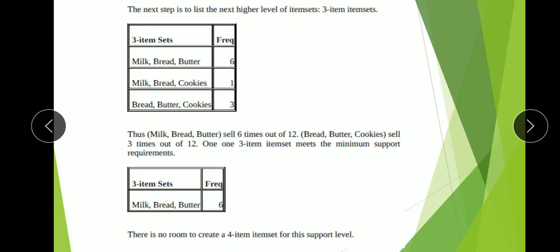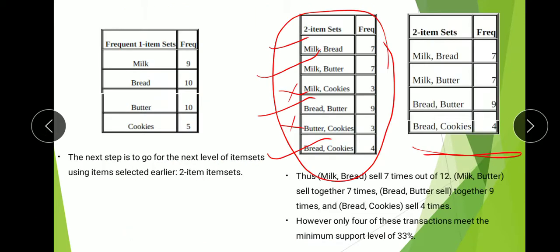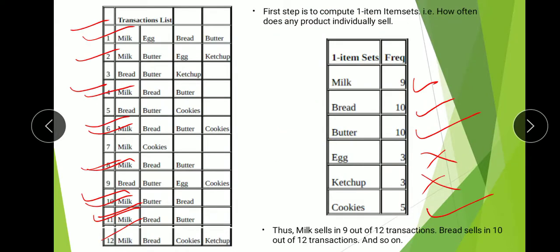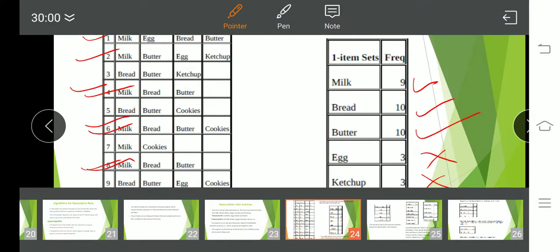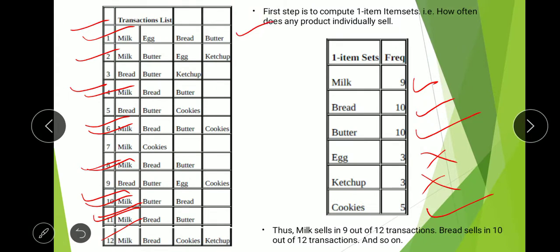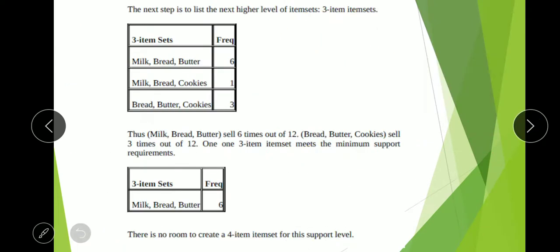So first let us see how many times milk, bread and butter have occurred together. Milk, bread and butter, right? Yes, first one, 1, milk, bread and butter 1, 2, milk, bread 3, 4, 5, 6, yeah, 6 times. Milk, bread and butter frequency is 6, and milk, bread, cookies, there is only one